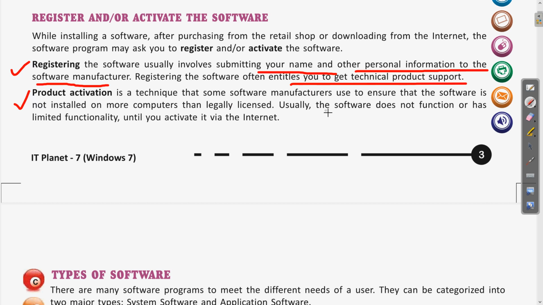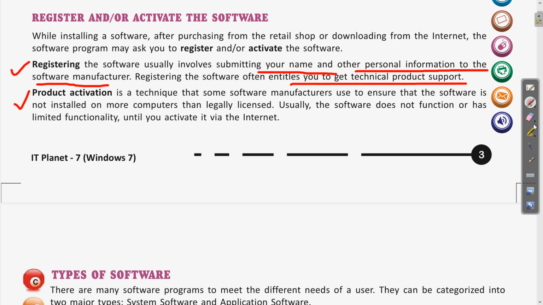Clear? So if you don't activate the software using the authentic key or the authentic license, then the software will not function. Clear? So these product activation methods are usually done to stop piracy. Clear? So that only copyrighted things can be accessed, and this process of activation can be done via internet, as well as you can also purchase from the different stores.